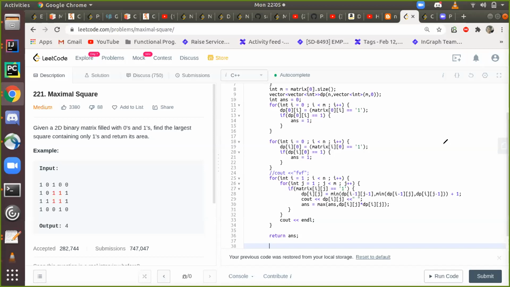Do people with experience here, are DP questions asked very frequently, or are DP questions rare? In my career, I've seen very rare DP questions. But these are popular. If not exactly this, somewhat it will form the base of some bigger question. If you solve this, it will lead you to accomplish the harder one. It's a very standard problem. This maximal square, you'll find variations of it. People do see them in real interviews.